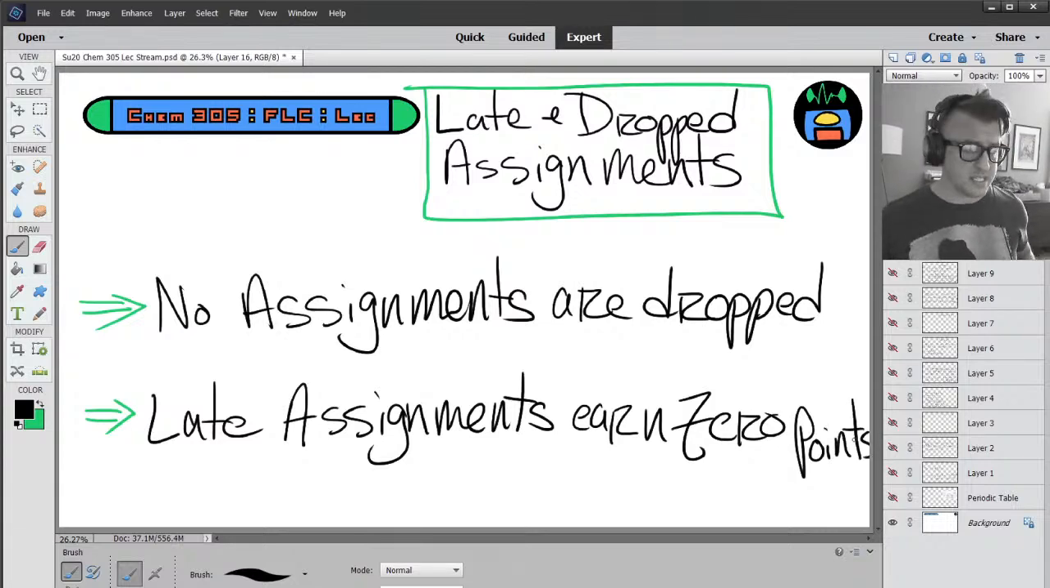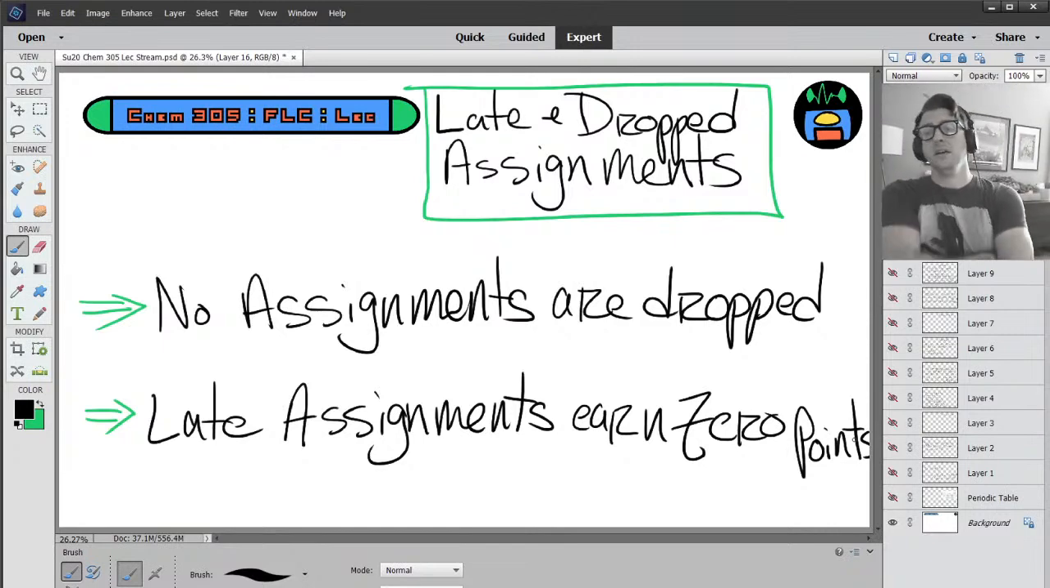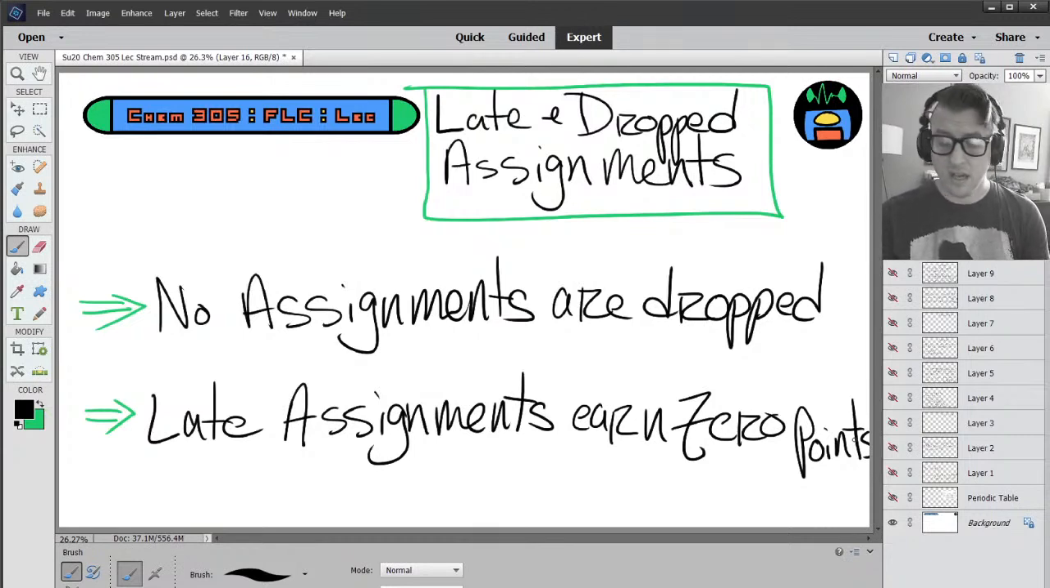Something you should know, and this has confused students in the past: Canvas allows you to submit things late because some professors accept late assignments. I do not. If you are 1 minute late, you will get a 0 on that assignment. It doesn't matter. That is why I recommend